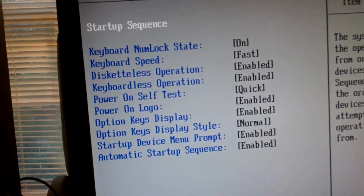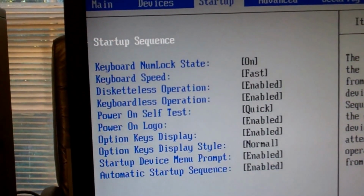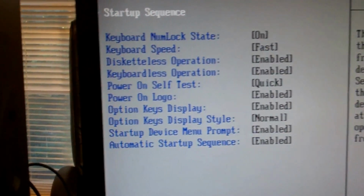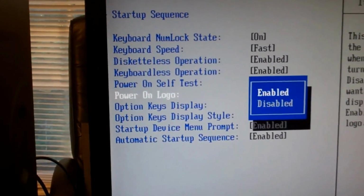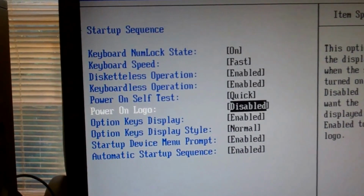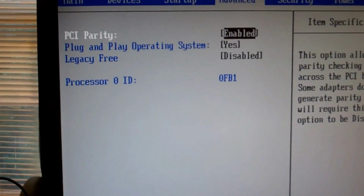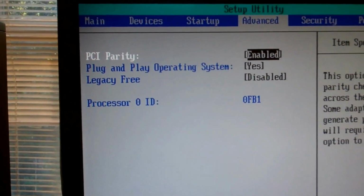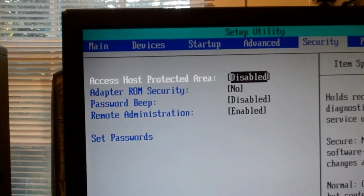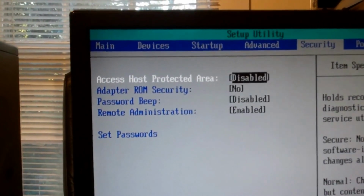Okay, so you got on your keyboard number lock state is on, keyboard speed fast, everything's enabled, diskette less operation, keyboard less operation, power on self-test quick, power on logo enable, which I don't know if we really need the Lenovo, just disable that. So option keys display enable, option keys display style normal, startup device menu prompt enable, automatic startup sequence enabled, advanced PCI parity is enabled, plug and play operation is on, legacy free is disabled, security access host protection area is disabled, adapter ROM security no, password beep no, remote administration is enabled, power